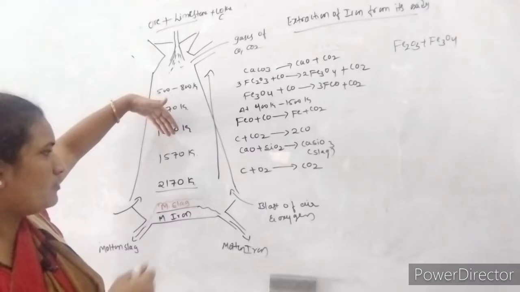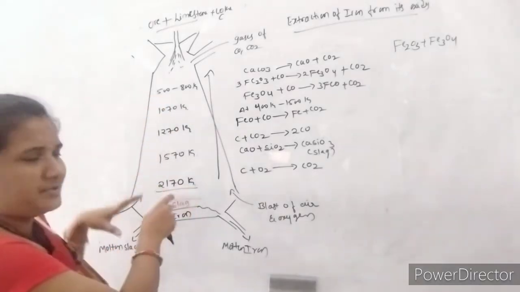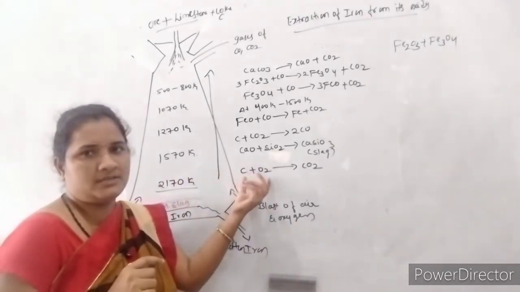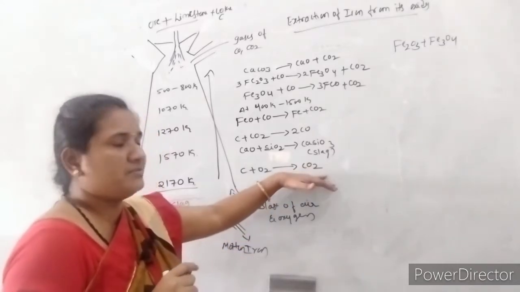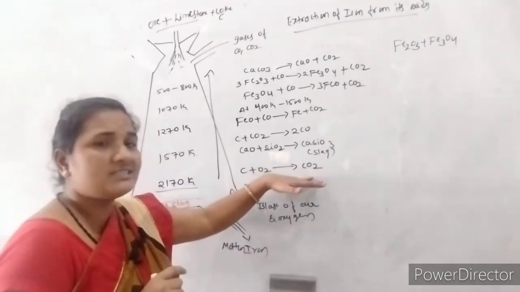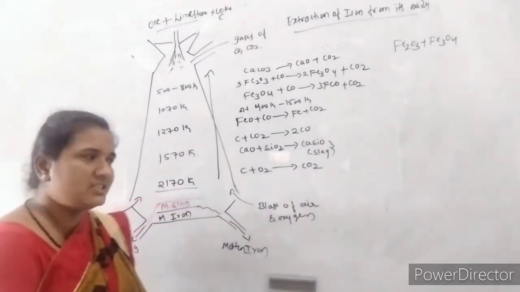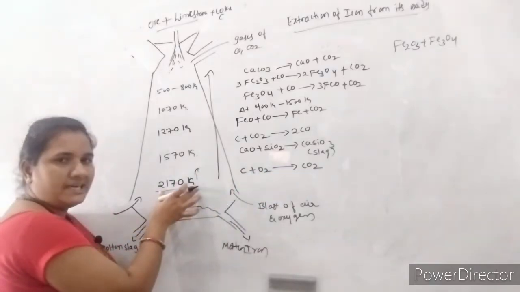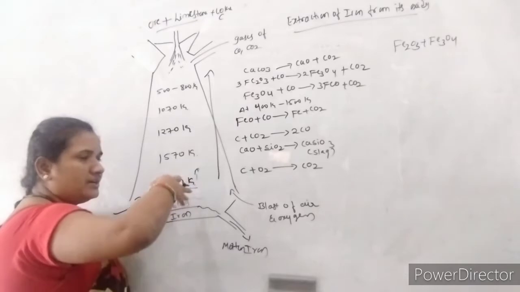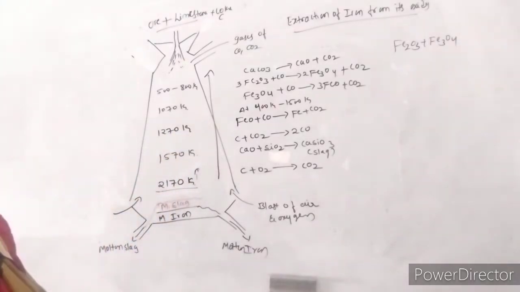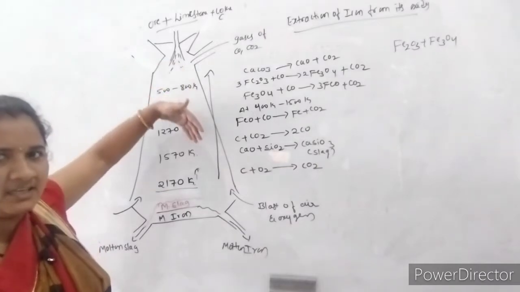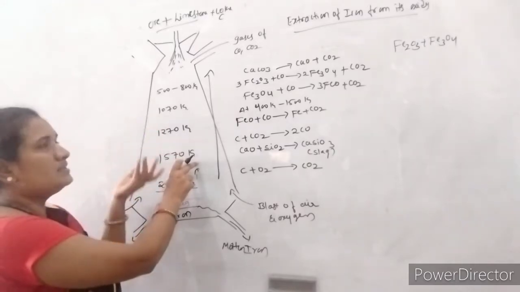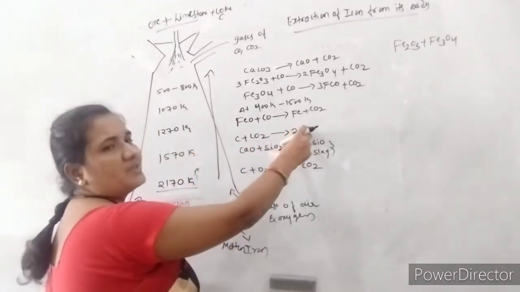When it enters from the top and reaches a temperature of about 2000 to 2200 Kelvin, at this time it undergoes oxidation. As a result we get the formation of carbon dioxide here. This carbon dioxide is in gaseous form, so it starts moving upward. The carbon dioxide which is produced at 2170 Kelvin moves in the upward direction. As a result, the remaining coke which is also entering from above combines with the other coke, and it forms carbon monoxide.